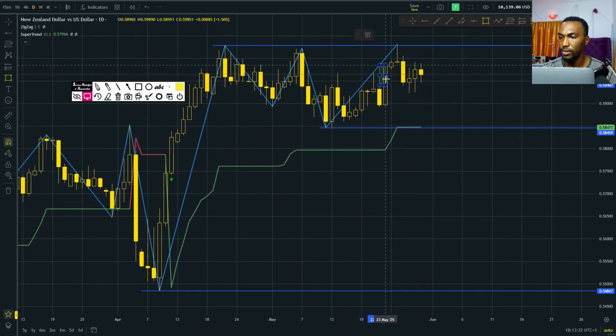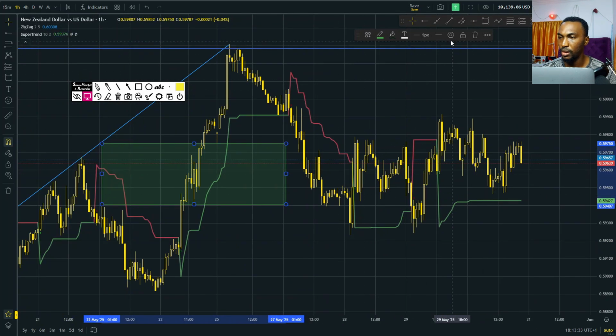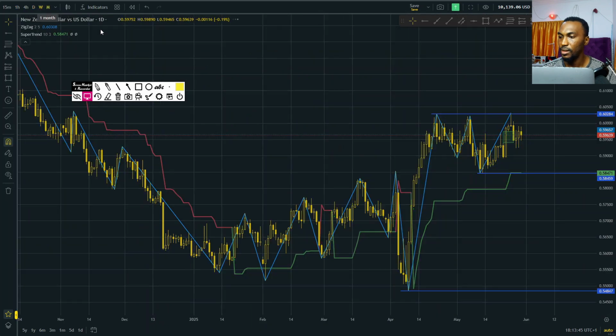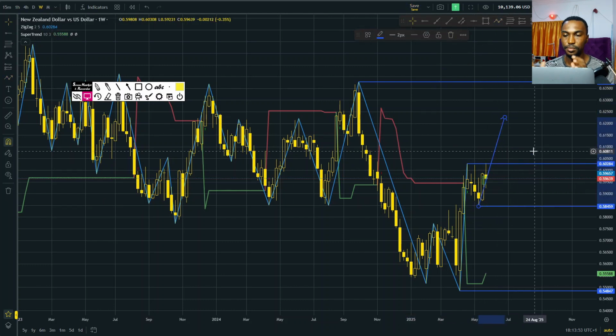Why? Okay, so we have this fair value gap, price still staying within it. First mitigation, second mitigation. Okay, so it seems like we have some good news somewhere around here. The good news is we are expecting price to come up to this high. We are expecting, which doesn't mean price will do that. So if we're expecting price to come up to this high for the daily, then it means we're looking at the possibility of price going higher in this case. Hence, this market is quite bullish, but not bullish enough for a trustworthy